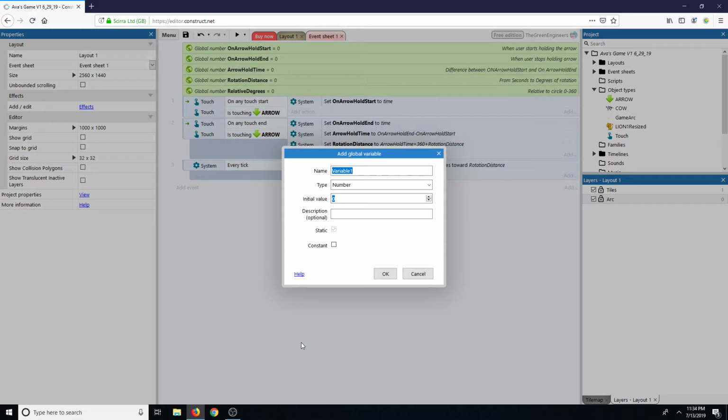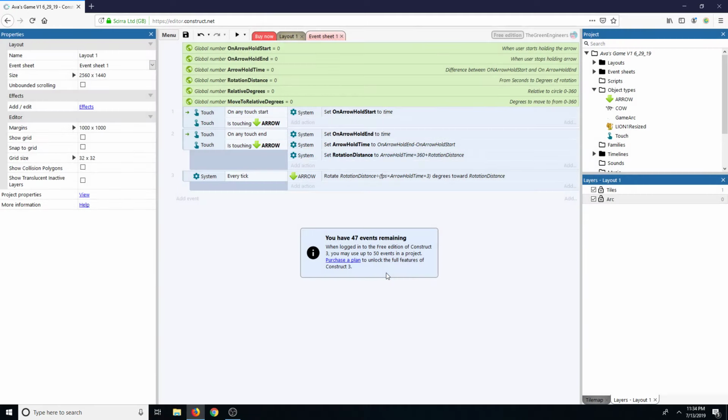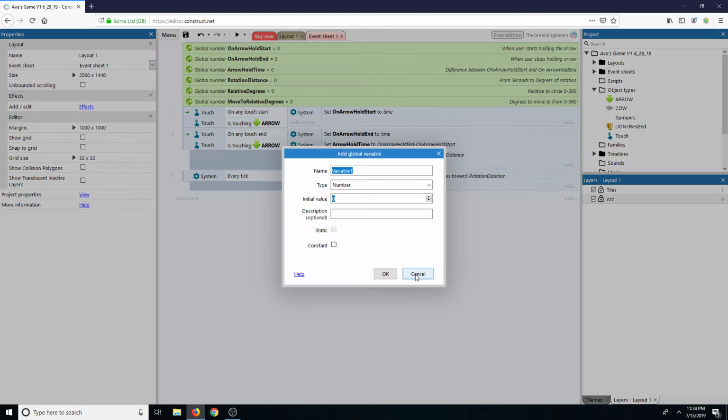Let's say move to relative degrees. And then we need another one. Let's call this